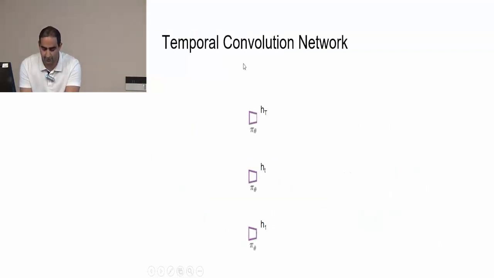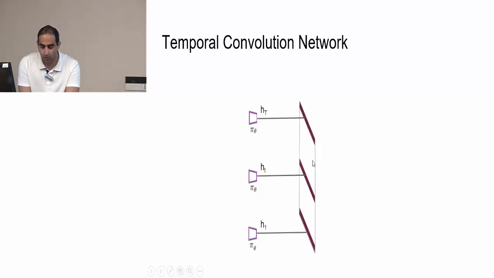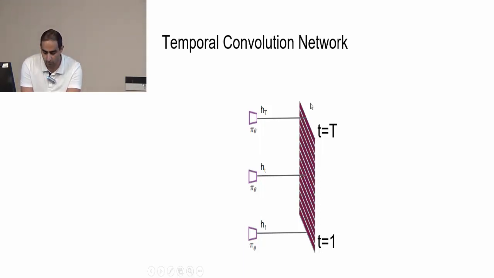So now let's take a look at this temporal convolution network. This temporal convolution network takes the last hidden layer of the previous network, as I showed. So the last hidden layers from time step 1 to time step capital T are fed into this neural network. Then we stack all of those features on each other and create a matrix. The height of this matrix is T1 until capital T, and these are all the features of all the time steps. The last hidden layer length is 74 here, and that's the length of these features.